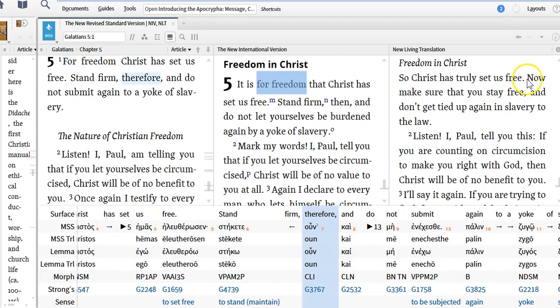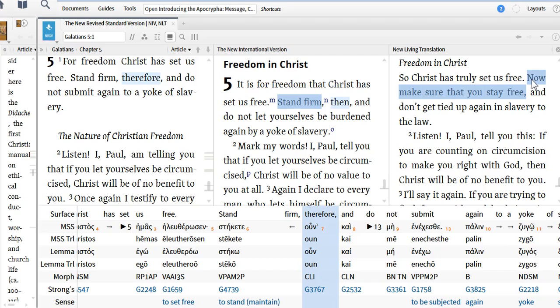We might see a little something of this word for freedom, eleutheria, in the way that the NLT represents stand firm. Notice that, and I didn't expect you all to do this in this exercise per se, we're just talking through everything together now for the sake of hopefully consolidating your thinking. In the way the NLT renders stand firm, which is very fulsome: Now make sure that you stay free,